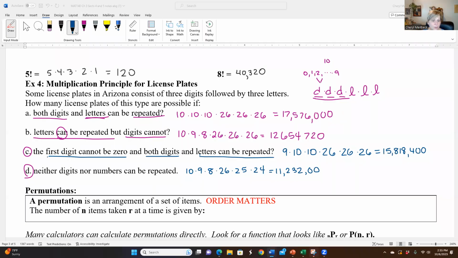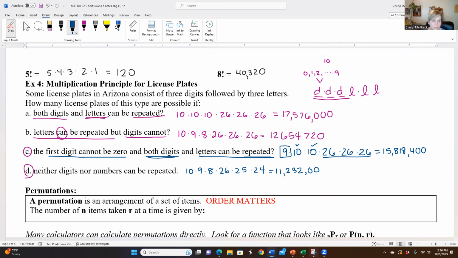So in C, where the first digit cannot be a 0, that means you only have the numbers 1 through 9 to choose. So there are only 9 choices for the first digit. But then letters can be repeated. So for the second and third digit, you could have 10. Then with the letters that can be repeated, you'd have 26 to the third, giving you